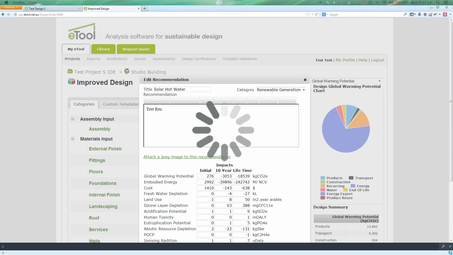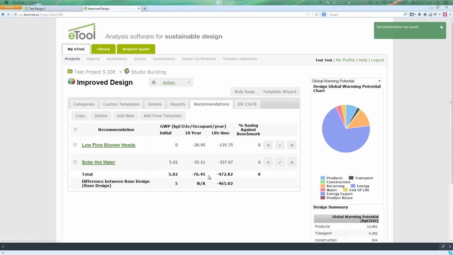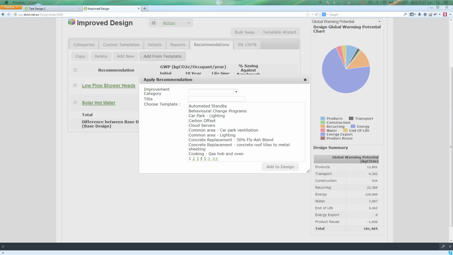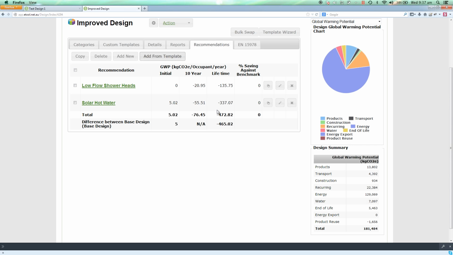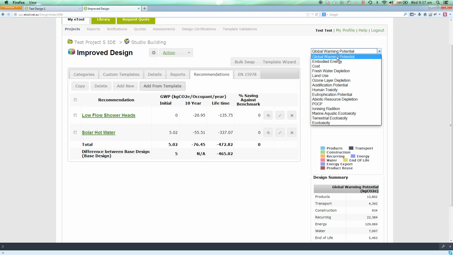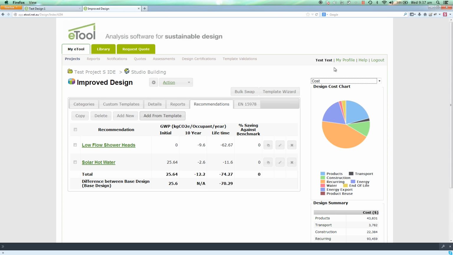So we've just recorded that. That was a lot. I'll just go back in here. So that was a much bigger saving. So in terms of that hot water, whoops, a much bigger saving, but at a greater expense as well. So we can actually even look at the life cycle costs of what this means for us as well. So this is in dollars per occupant per year, but it gives some relative